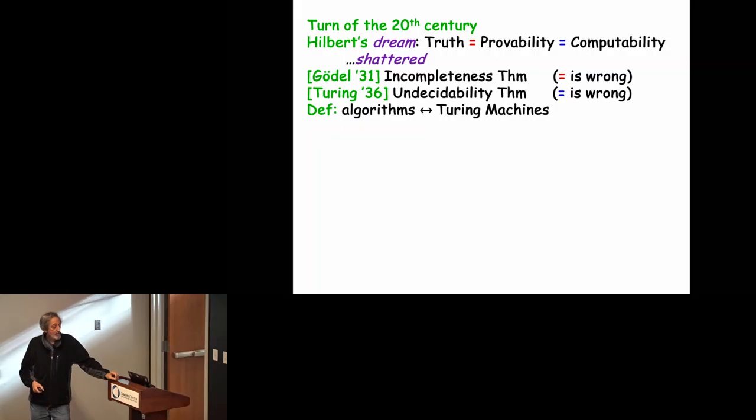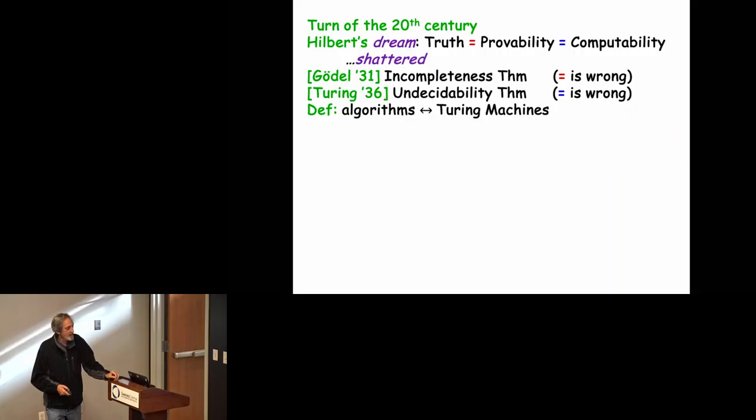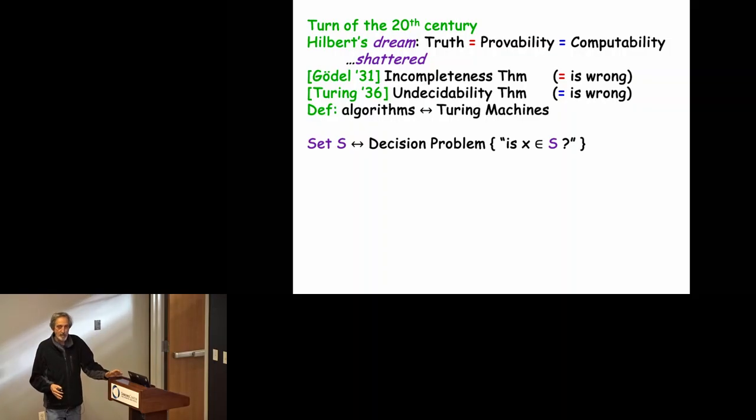So Turing defined formally, mathematically, what an algorithm is. That's his famous Turing machine. As a byproduct, we all know this created the computer revolution, but we are not going to talk about this minor thing. We are doing math here, so I'm going to talk about algorithms in this talk only for decision problems. So what's a decision problem? It's some set S, a subset of some universe. We get an element in this universe, and we want to know whether it's in the set or not. That's a decision problem.